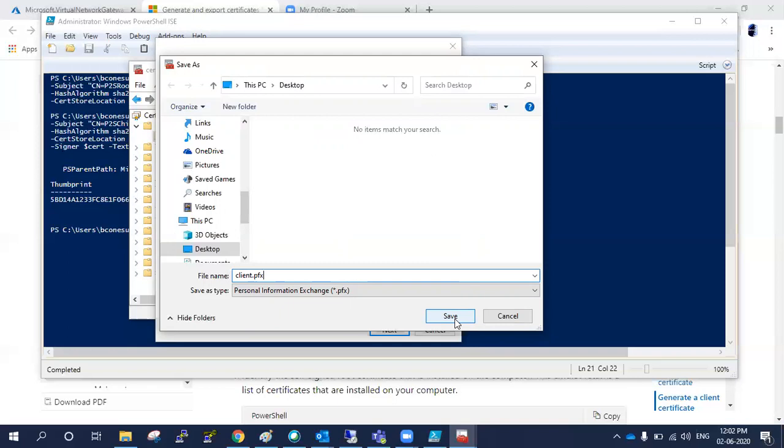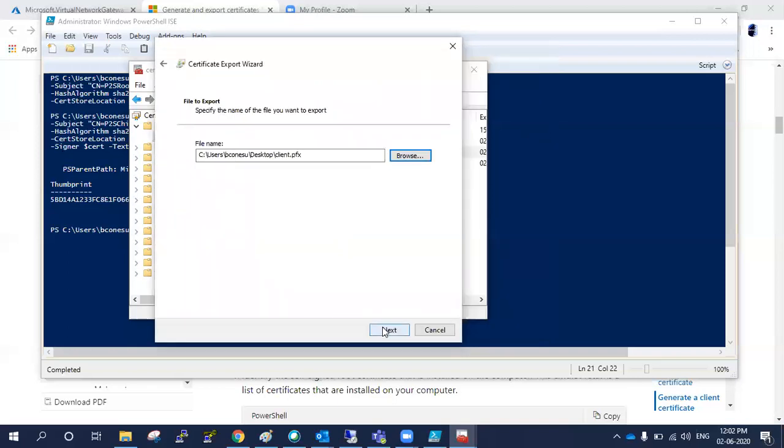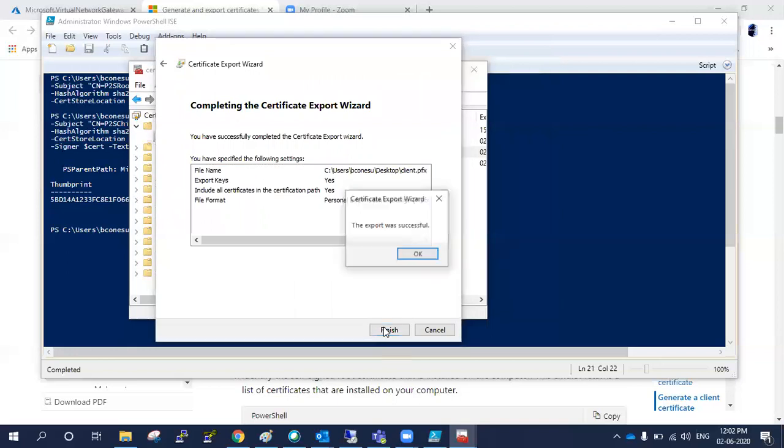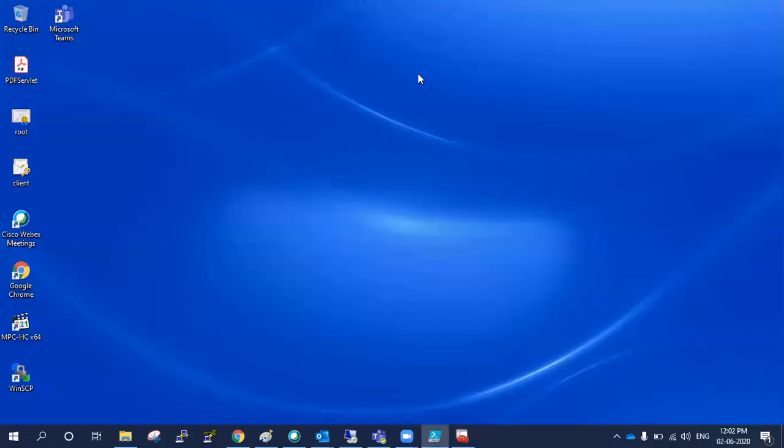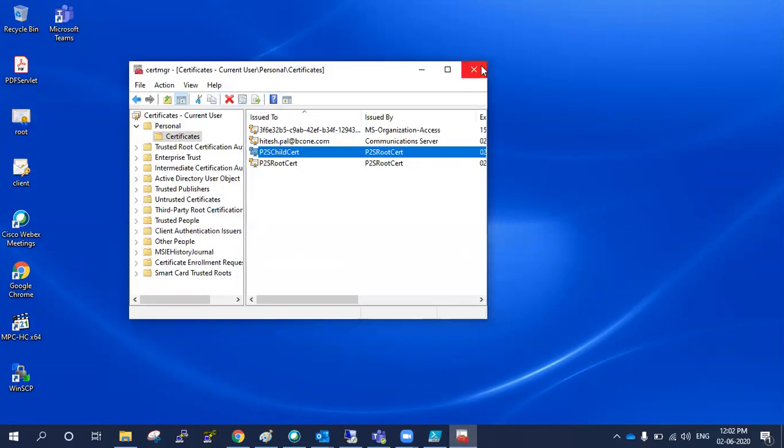So I click on save. Next, finish. Let me check here. So both my certificates have been exported. My certificate task has been completed.